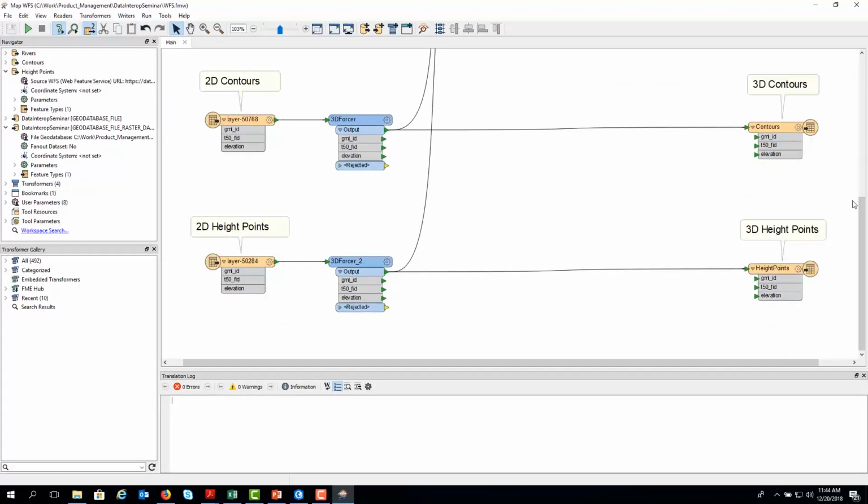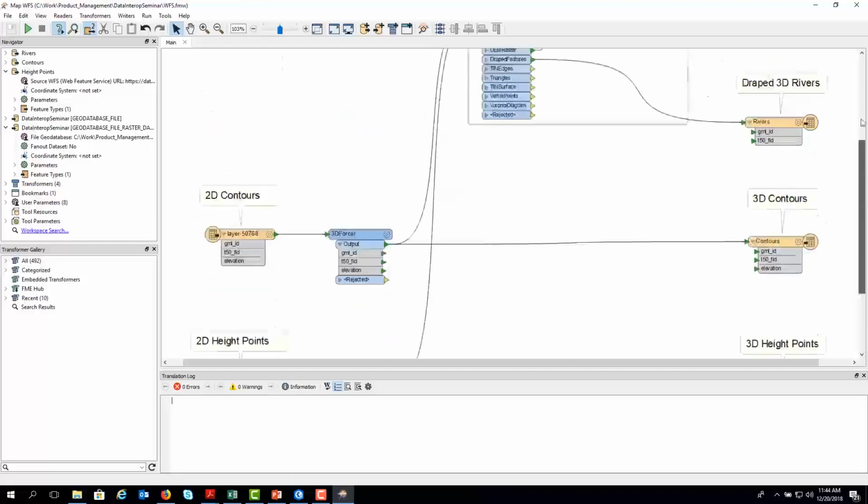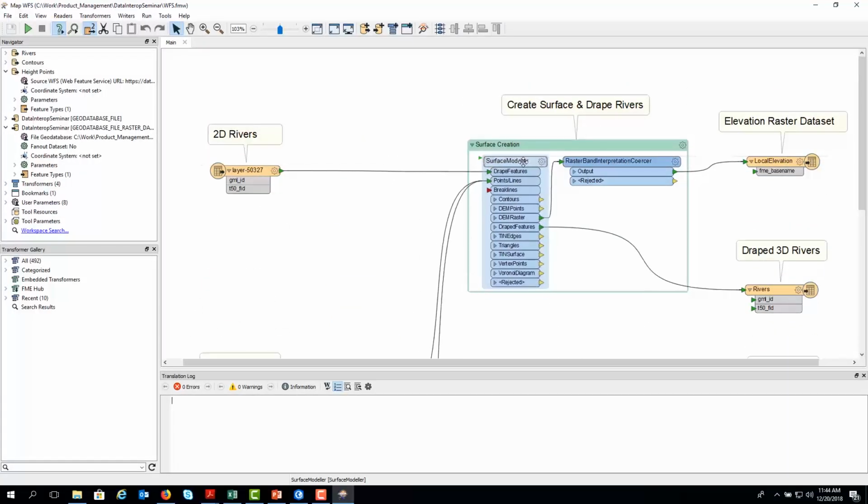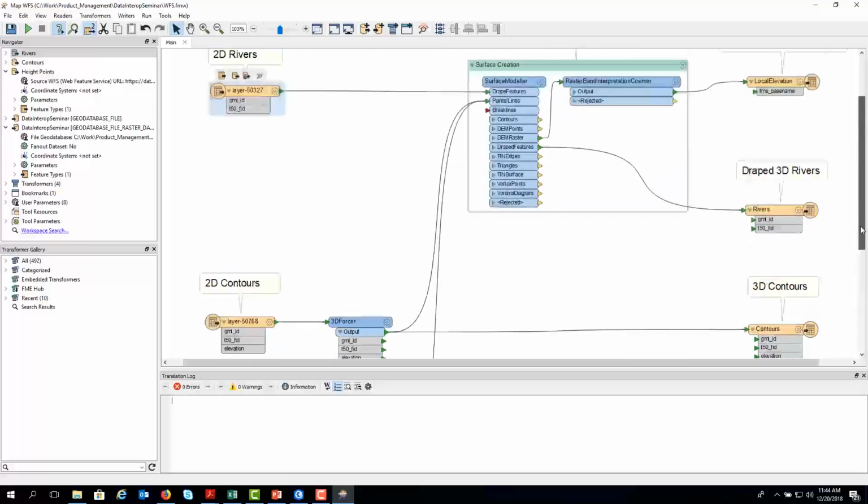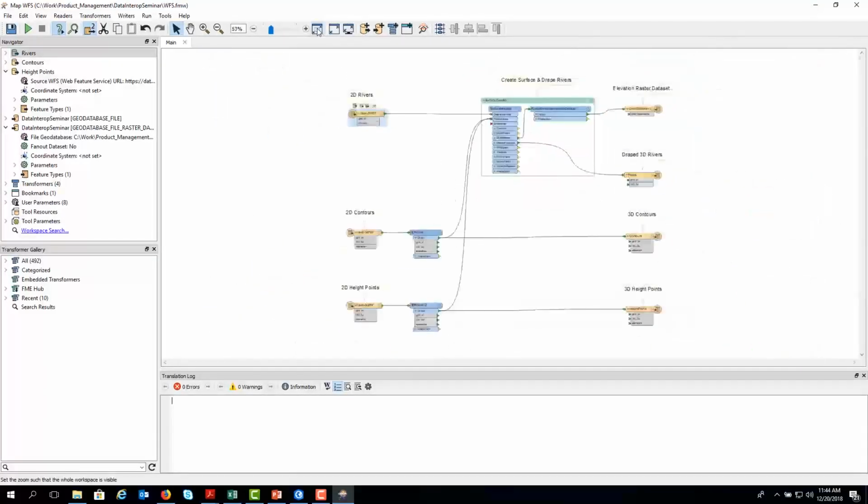Having got contours and height points, I can make a surface with this transformer here. I can take my 2D river data and drape it over the surface this transformer manufactures and write it out to an elevation raster dataset in the FileGeo database, and at the same time drape the rivers to make them 3D. So all is good. I'm doing a lot of powerful work here with only a handful of transformers,